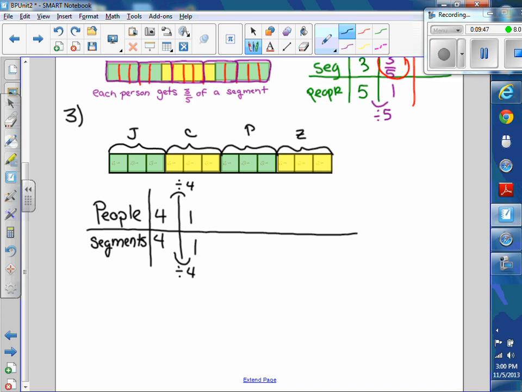So if I continued, though, and did it a little different, in another little table setup, she said, what about 6 people? 6 people is a little more interesting. So if I have people and segments, that's an S, people in segments, if there's 6 people, they're still sharing the 4 segments. You get that? They still have to share the 4 segments. Okay? So if we